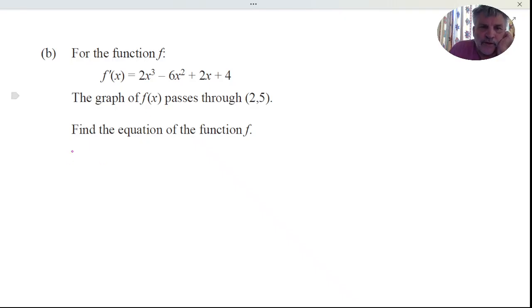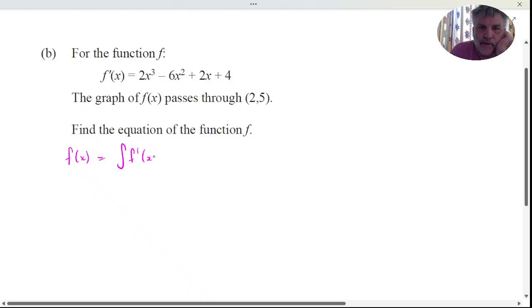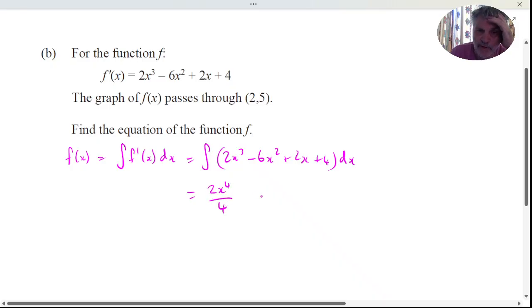So the original function is going to be the integral of the derivative. So that's the integral of 2x cubed minus 6x squared plus 2x plus 4. When you integrate this, add 1 to the power, so it's 2x to the power of 4 divided by the new power. Add 1 to the power, 6x cubed divided by the new power 3. Add 1 to the power, it becomes 2x squared divided by 2 plus 4x, x to the power of 1 divided by 1, we don't have to write that in, and then there's always an arbitrary constant when we do